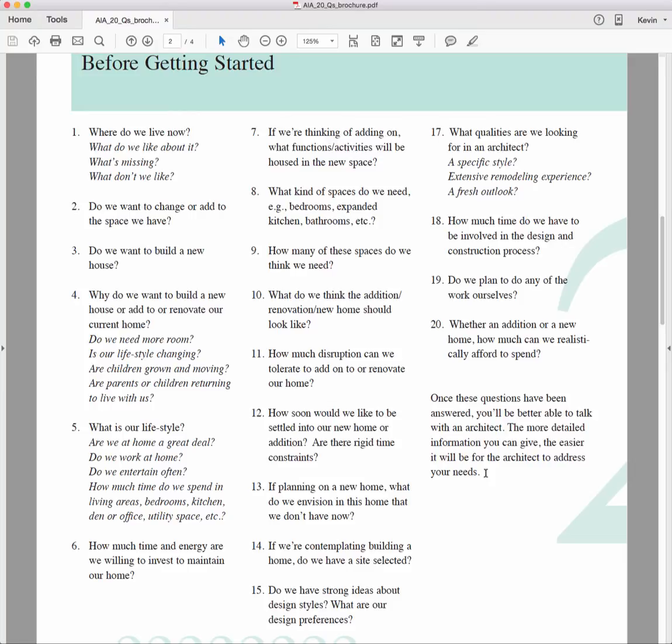Number 20, how much can we realistically afford to spend? Okay, it's pretty clear when you're dealing with a family, unless it's a truly wealthy family, that their resources are going to be limited, and you need to figure out what they are so that you're targeting them all the way along. Well, this is true even for big business organizations. You have to have some idea about how long they can take and how much they can afford to spend,